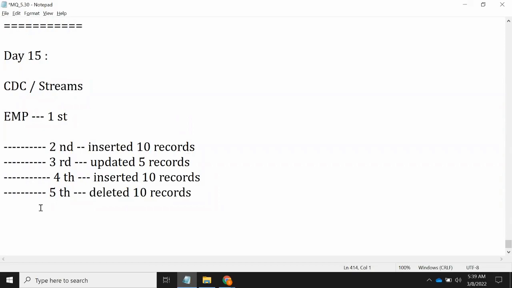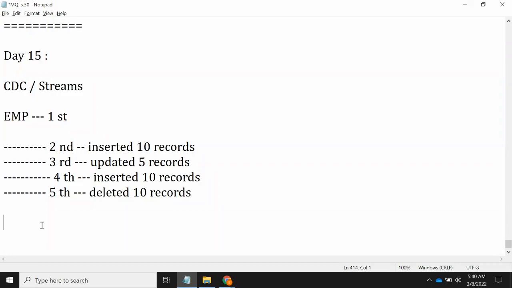It's like a simple example. In your bank account statement, you want to see all the entries happening on your account: ATM withdrawals, online transactions, UPI transactions, credits, debits, and every piece of information. You can see that in a bank statement, right? Every entry, credited, debited, transactions, everything you can see. The same way here also,